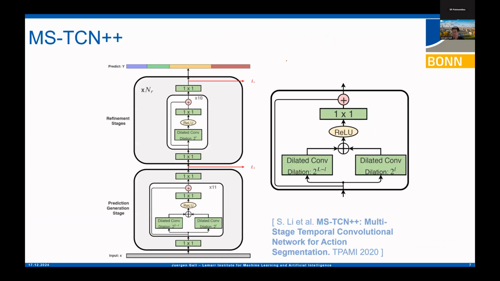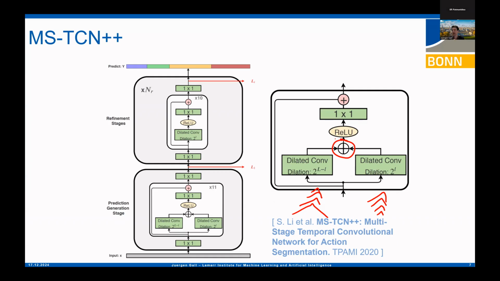So there are very different flavors of how we can construct a network. A moment before, I mentioned we just start with a small dilation factor and increase it over time. But you can also say you want to have multiple branches at the beginning. In this case, we start with small dilation factors and make them larger and larger. And on the left branch, we do it the other way around. We start with a large dilation factor and make them smaller and smaller. And they are then combined by just concatenating the feature representations and then continue for the next layer.